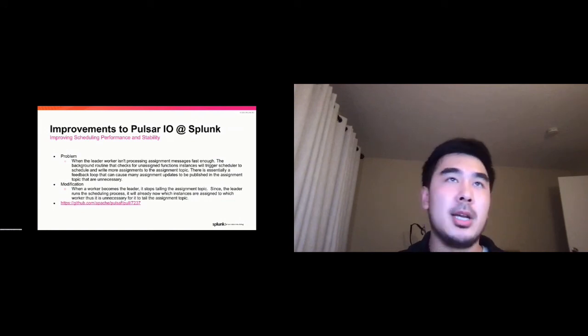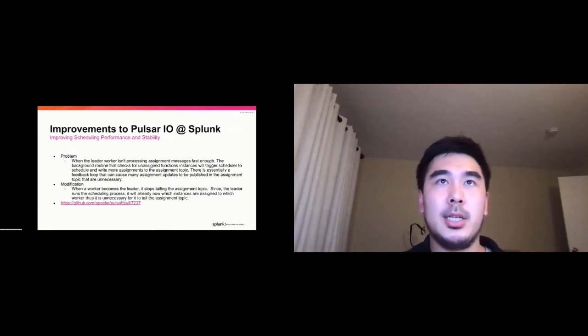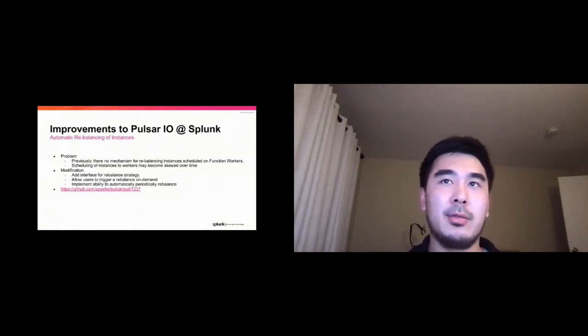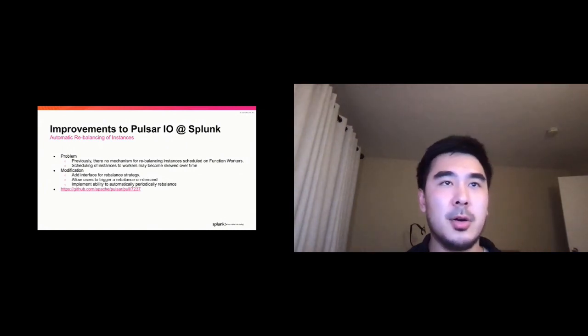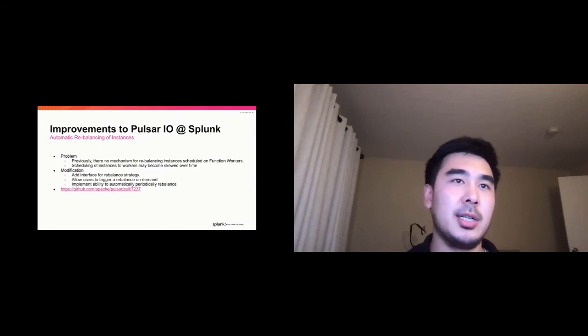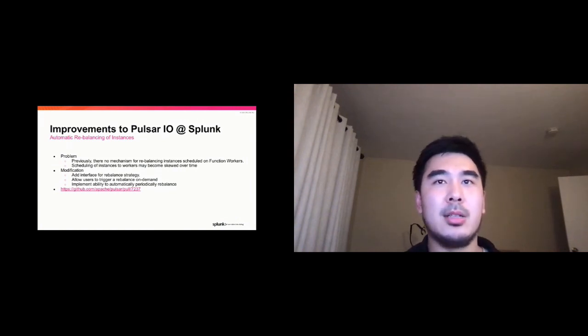Another key improvement is that we implemented a rebalancing mechanism in Pulsar functions. Previously, there was no rebalancing mechanism, and what we saw was, after running functions, Pulsar IO and the functions framework for a while, you notice that they eventually develop a skew, especially on Kubernetes when pods can die here and there, and instances get scheduled to other worker nodes. But there's no way to rebalance everybody so that all the workers have a fair share